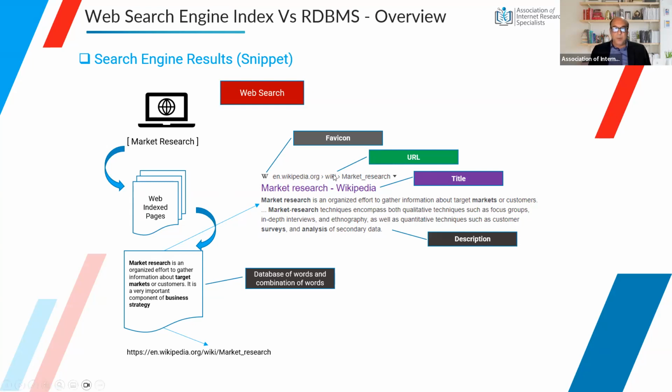However, we don't want to get to that right now, but assuming we call it a URL, the URL part is shown somewhat like this in your results at the top. Under this, there is a bolder statement, with fewer words, but they are more prominent. This is what we call the title of the page. And here you could see the title says market research.